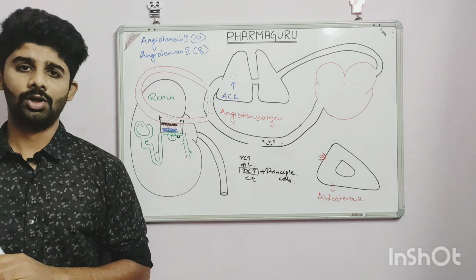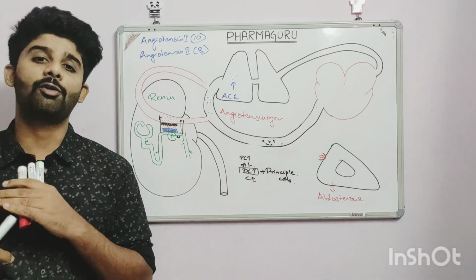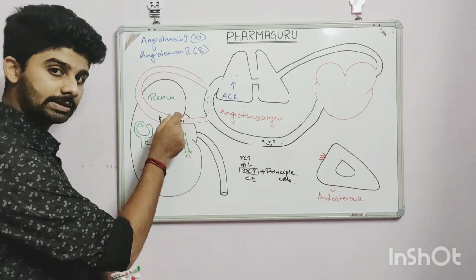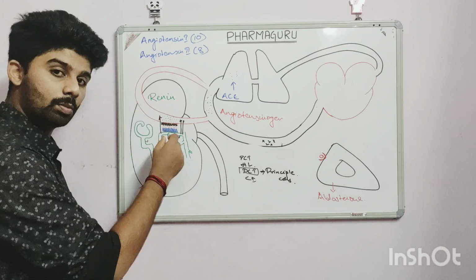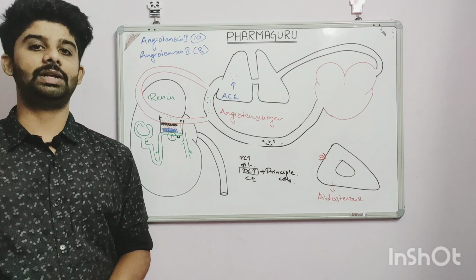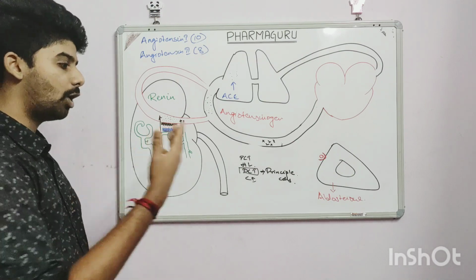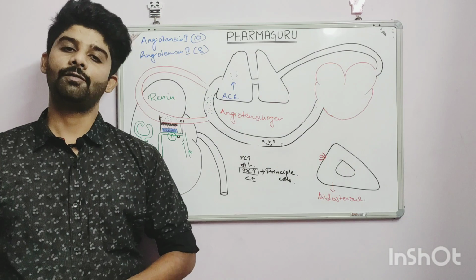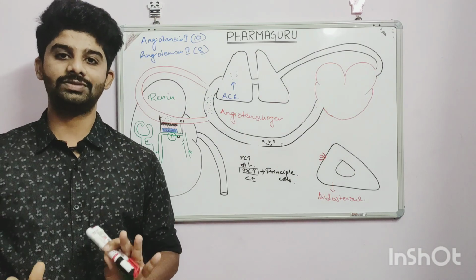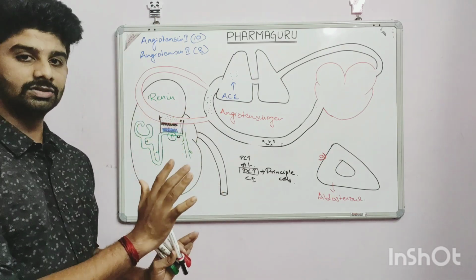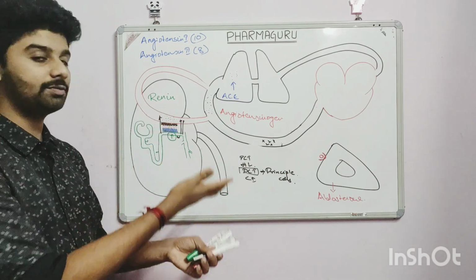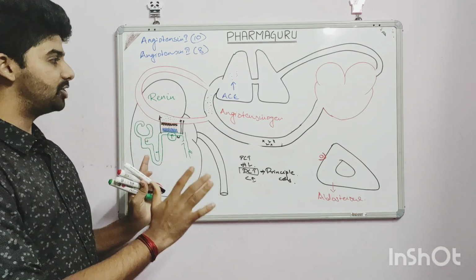As we all know, in the direction of movement of sodium, water follows the sodium. So when aldosterone binds, more sodium is absorbed, and more water will be absorbed. When there is more water absorption, the blood volume increases, and then again the same phenomenon: when blood volume increases, cardiac output will increase, and when cardiac output increases, the systemic blood pressure will increase. So this is actually what the renin, angiotensin, aldosterone system is. There is nothing more to this. I won't extend this video further by talking about all the other unnecessary details.